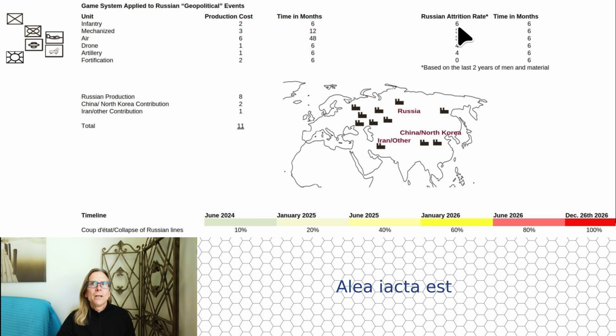But if you notice over here in a 6-month attrit rate, they probably attrit 6 units. And so that means every 6 months they're going to be decreasing a little bit on the front lines and hollowed out. Now, I think that is manifest in they were creating this grand army. Everybody's talking about the grand army, the great offensive, the 1 million men. And that grand army panned out to be 50, maybe 80,000. So this comes in line with the data.